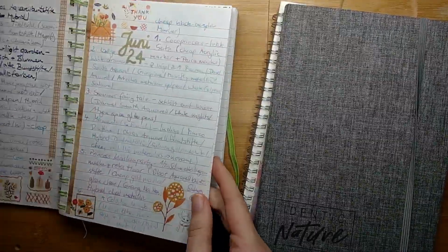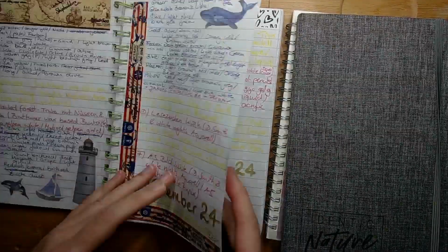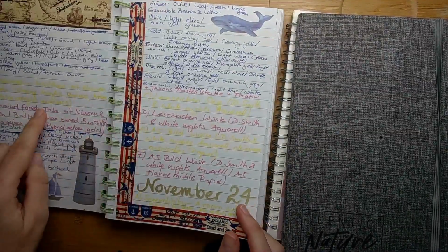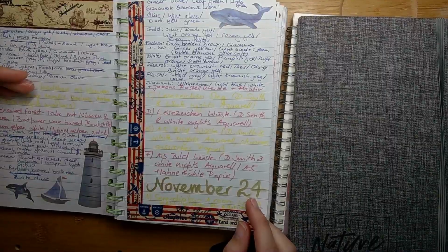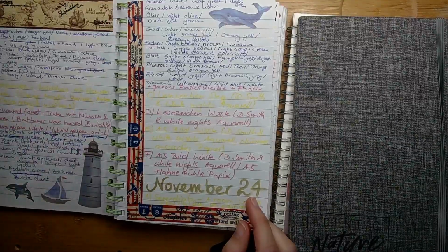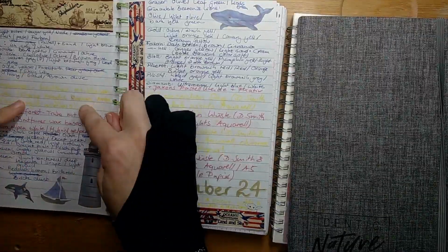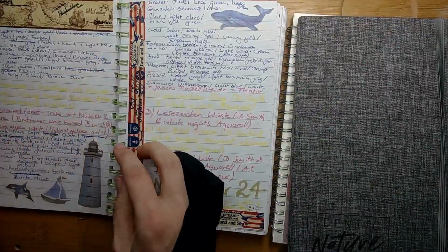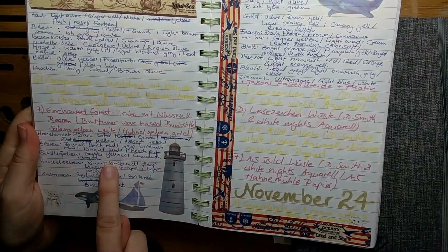I nowadays do, for example, always exchanging colors, one page with that color and then the next with another, so that I can easily see where the pages start and end. And nowadays I also do with